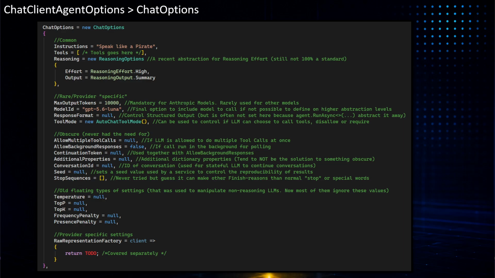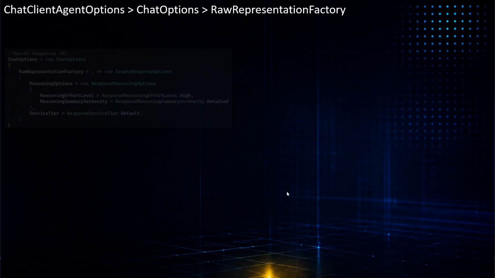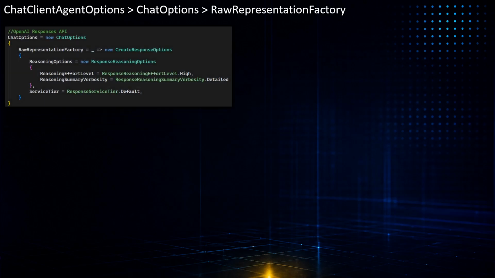So we need to go one step deeper into the rabbit hole, and that is the raw representation factory. So, for example, if we use OpenAI's responses API, we can set the raw representation factory to a create response options, where we can then begin to set the reasoning options and the service tiers and so on and so forth.